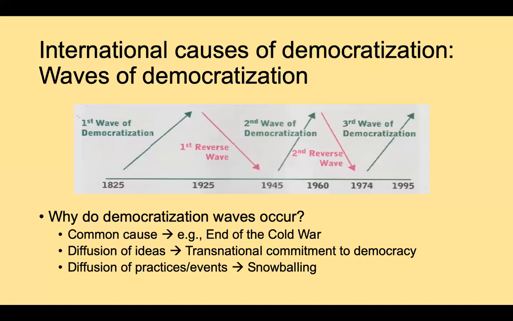And so whether a third reverse wave begins will depend upon a few more democratic regimes failing in the next few years. But if a few more do, we can probably say that a third reverse wave is underway, because it's already been the case that about 10 to 15 democratic regimes have failed in the last 5 to 10 years. Prior reverse waves witnessed the failure of between 20 and 30. And so if we see 5 or 10 more failures in transitions from democratic to authoritarian rule, we'll probably be in a reverse wave of democracy, the third reverse wave, excuse me. Good question, Kevin.